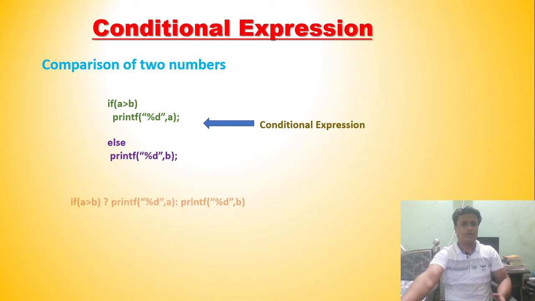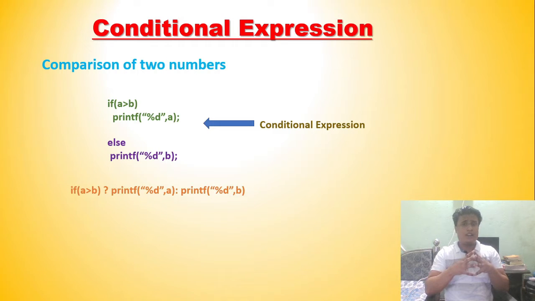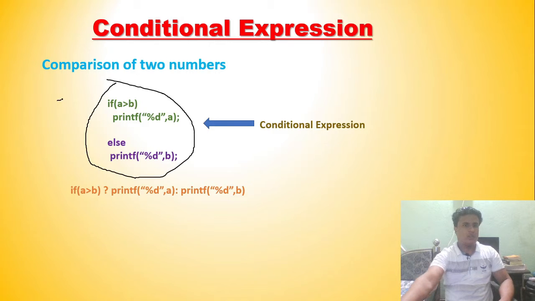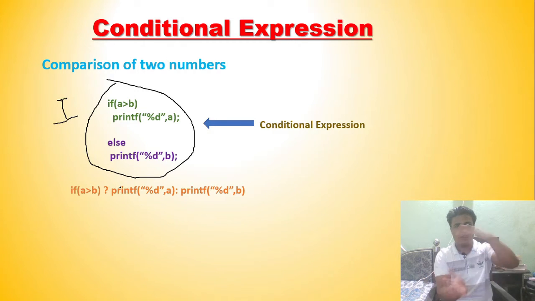Now moving on. What I told you is that there are many ways of saying the same thing. Human beings say A is greater than B, or A is less than B, or B is greater than A, or B is less than A. So A is greater than B or B is less than A are similar things. In the same way, B is greater than A and A is less than B are the same thing. This is the first way that we write for the C programmer to understand. You can see this is a very long way to write it, across different lines, so it also consumes a lot of space.